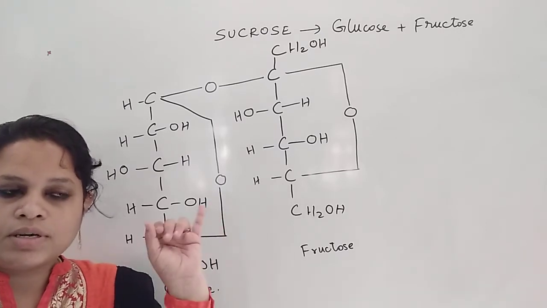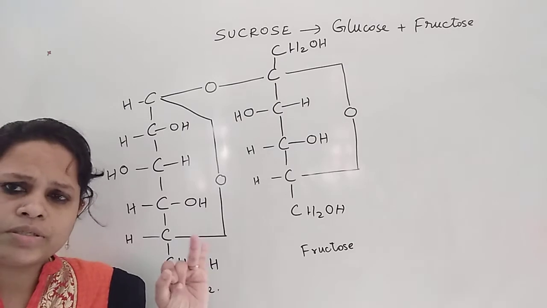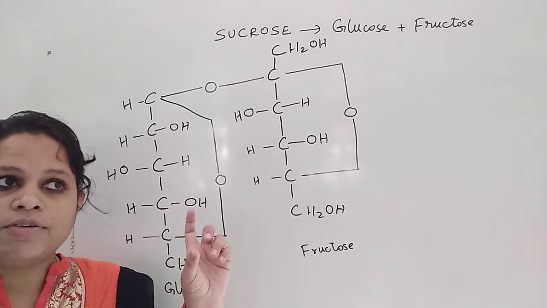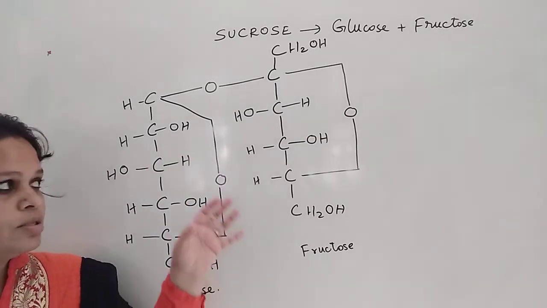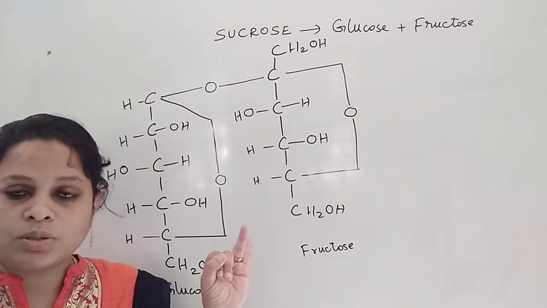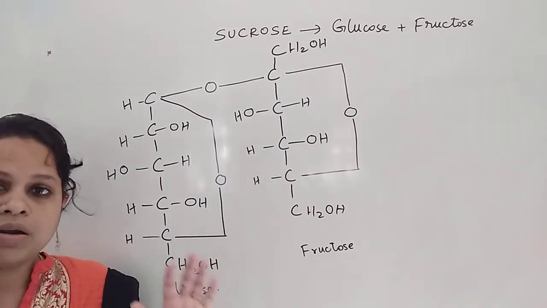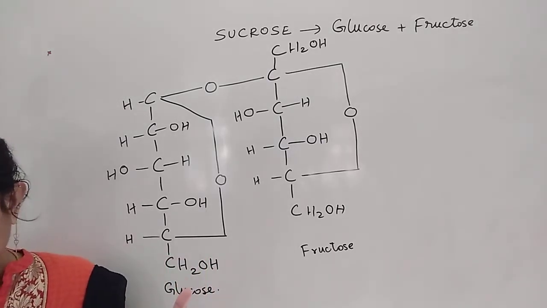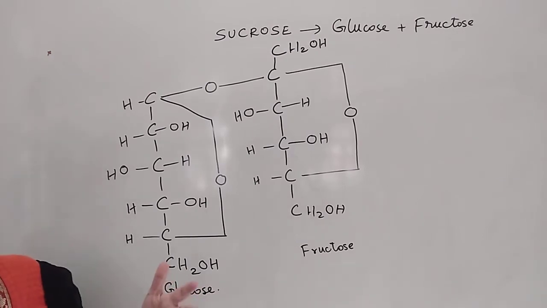Okay, so we have learned the structure of maltose and the structure of lactose. Lactose is also known as milk sugar, the sugar which is found in milk. Okay, so lactose and maltose are found to be reducing sugars, whereas sucrose is found to be a non-reducing sugar. Okay, now we'll draw the Haworth ring structure of this, and this is also